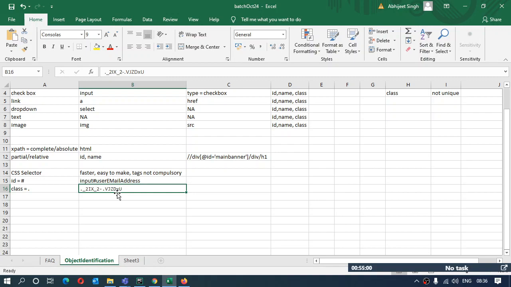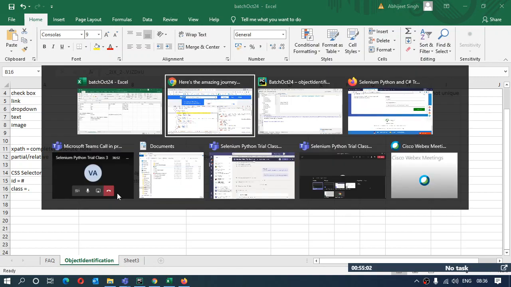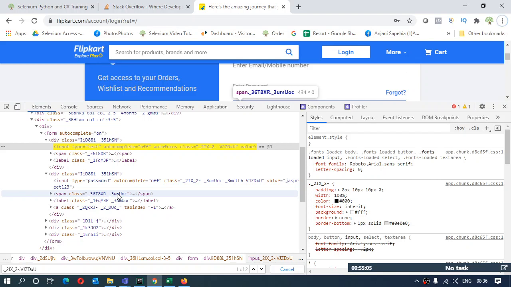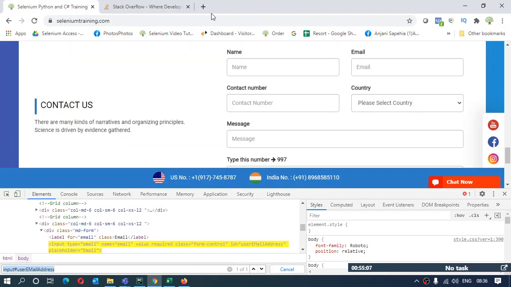Okay, now moving further, if I take it to the next level, I have to make the CSS selector for some random element. Before, I had an ID and was making the XPath, or I had a class name and was making the CSS selector. Now I'm not interested in doing that. I want to make an actual CSS selector for some element lying under some hierarchy, which is nested. For that, I have to make the CSS selector.